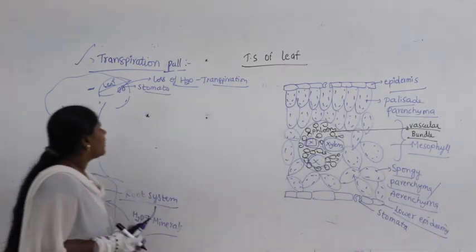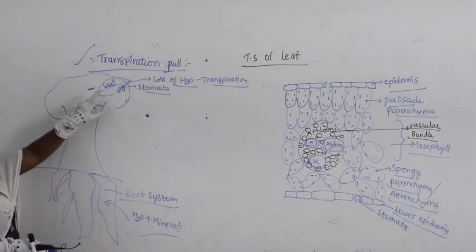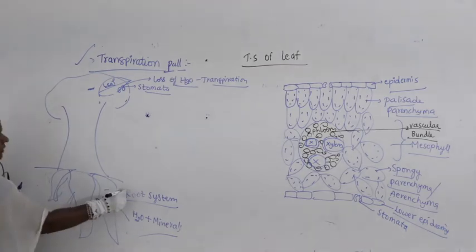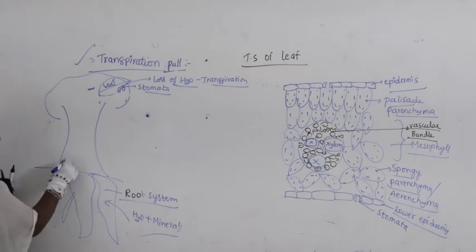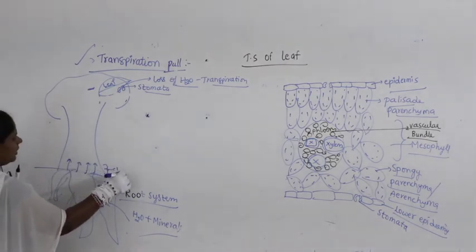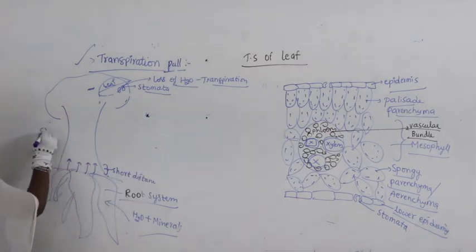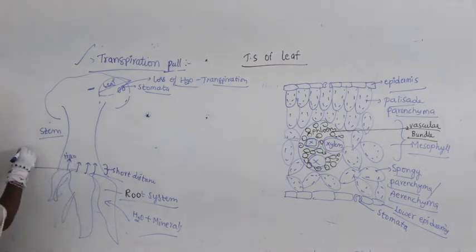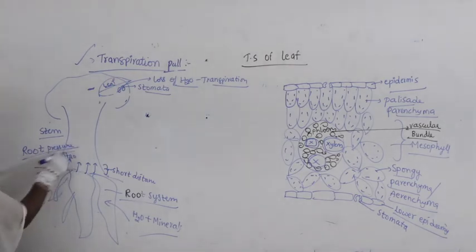Now come back to transpiration. What you find here is a loss of water. Now, after the root absorbs water, some pressure is created. So it lifts the water for a short distance. For a very short distance on the stem, who will supply the water? That is done with the help of what is called root pressure.